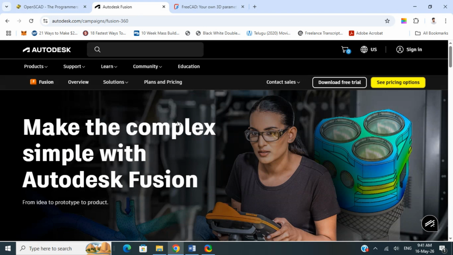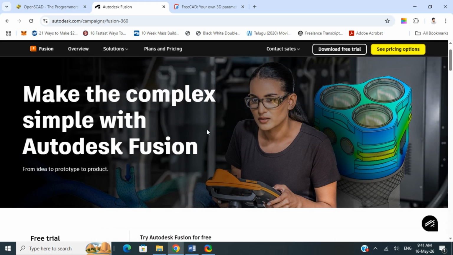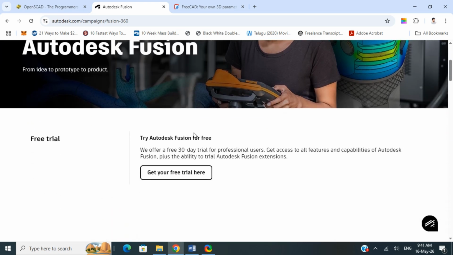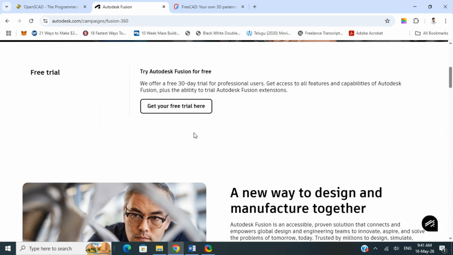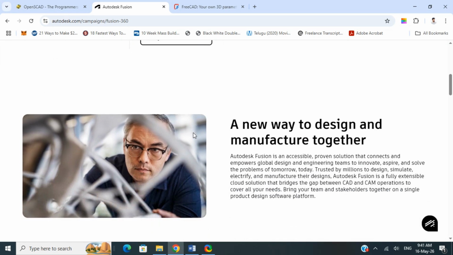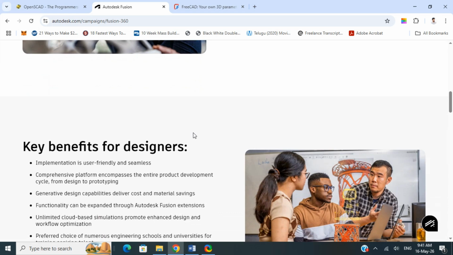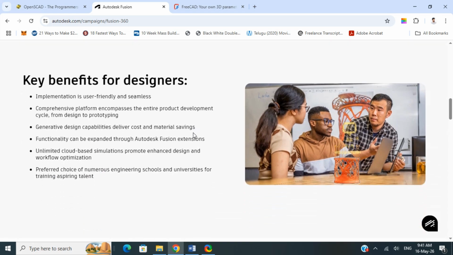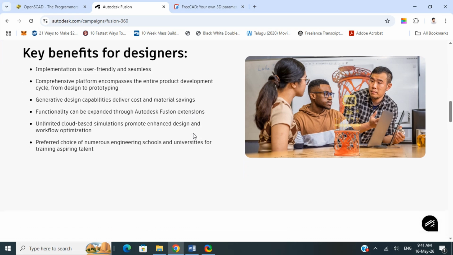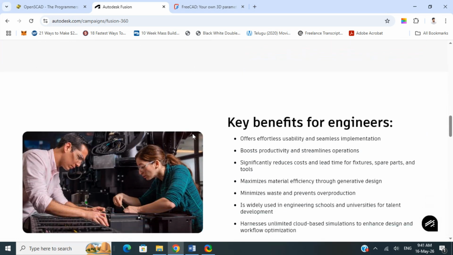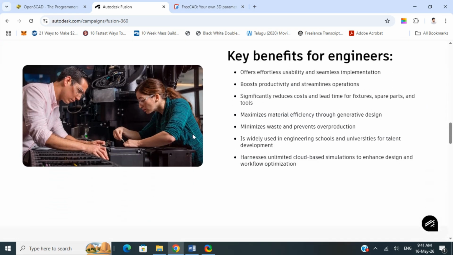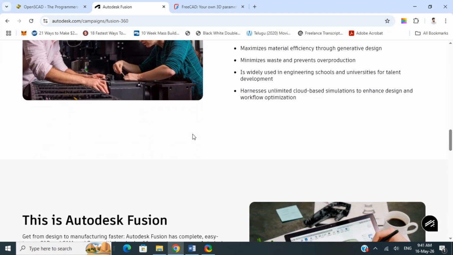Whereas Fusion 360, the Autodesk Fusion, it's actually Autodesk's professional CAD software used for product design, engineering, and even manufacturing workflows. The good thing is that it has the best user interface among all three, and it has professional grade tools, and it's excellent for product design and prototyping, and it can balance between a beginner and advanced user. But on the downside, the free version has limitations and it requires internet for most of the features, and it's